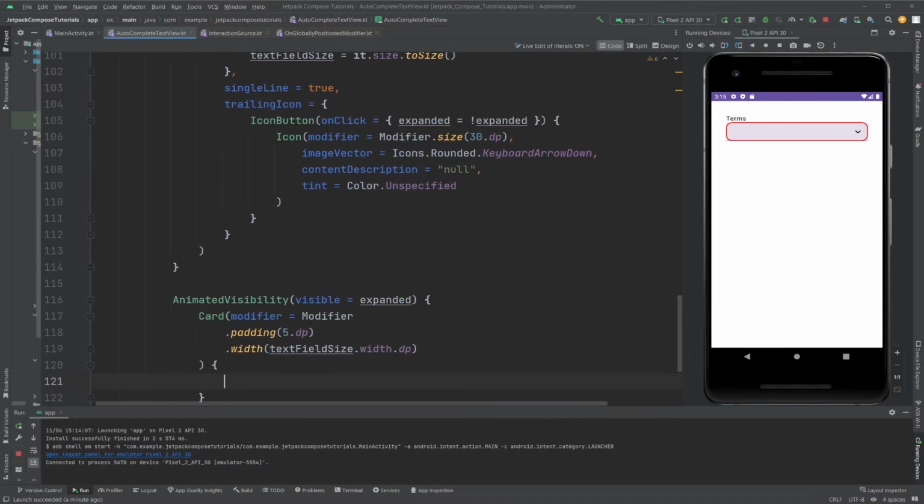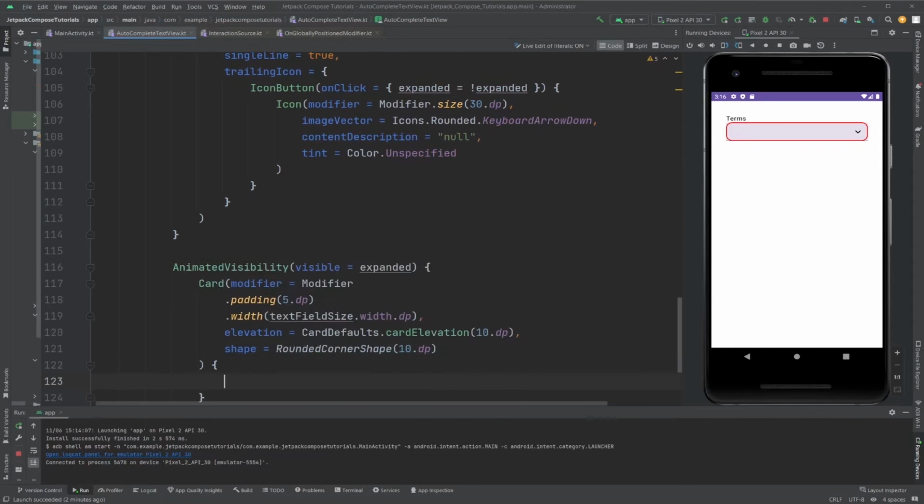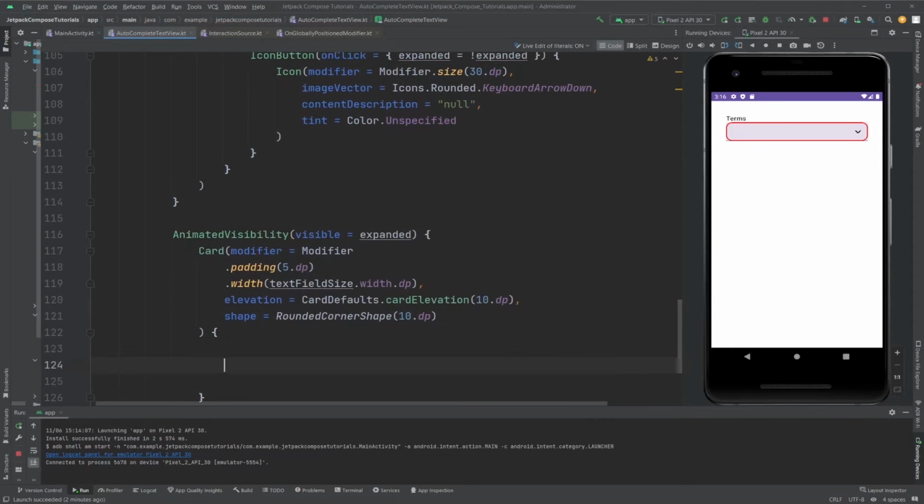After this elevation, elevation means CardDefaults dot cardElevation, and we need to provide the value here. I'm gonna provide it as 10 dp. After the elevation we need shape also, so RoundedCornerShape of 10 dp. After this I'm gonna show the lazy column, use the lazy column to show the list basically. So not content, just modifier equals modifier dot heightIn, and max dp is going to be